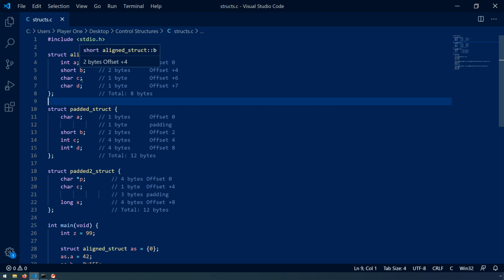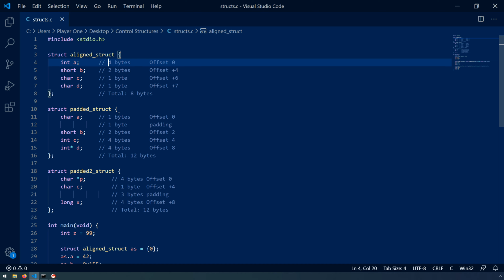So let's look at our first structure here. We have what I call the aligned structure. The reason that this is aligned is because we have these four members: integer A, which is 4 bytes, followed by a short B, which is 2 bytes, and then two chars, which are a single byte each. So these 4 bytes will line up nicely. We'll then have 2 bytes followed by 2 single bytes. So all of this maintains a nice 4-byte alignment. If we look at the size of the structure, we'll see that we have 4 plus 2 plus 1 plus 1, so we really need only 8 bytes on the stack or in the heap to facilitate the use of